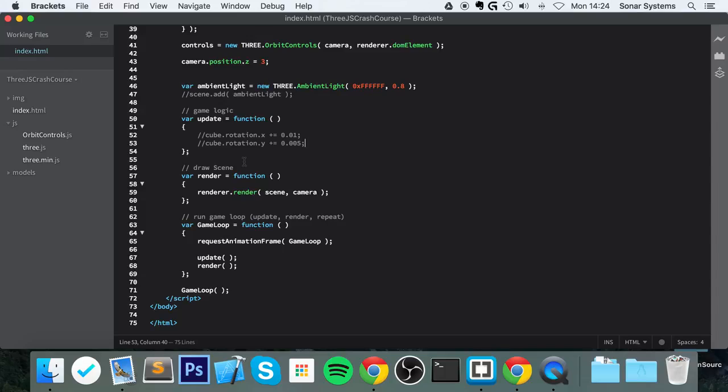Hello, in this video we are going to cover model loading. Model loading, aka an object file. It could be a Wavefront object, it could be a JSON object, it doesn't really matter. We are going to be loading in a JSON file, but the process is very similar for other files, other